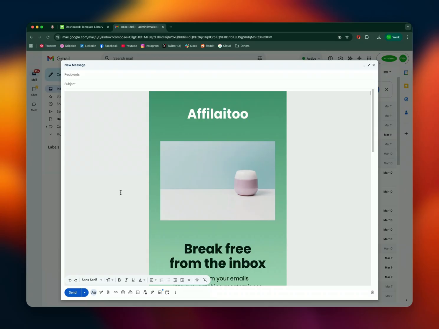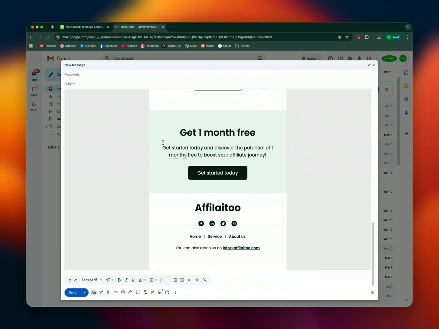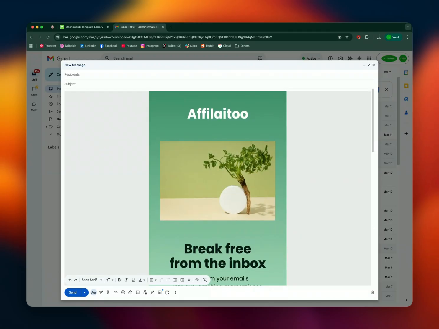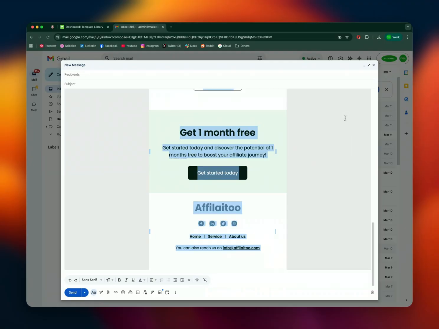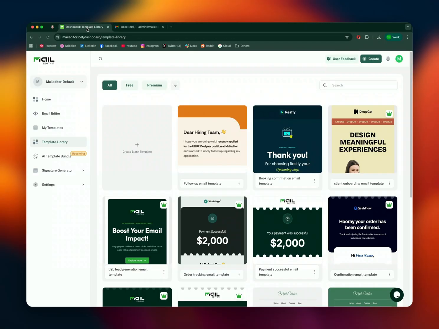Hello, in this tutorial, I'll show you how to upload a custom HTML email template in Gmail using Maileditor. So here's our custom HTML email template. I am just removing it. Let's go to